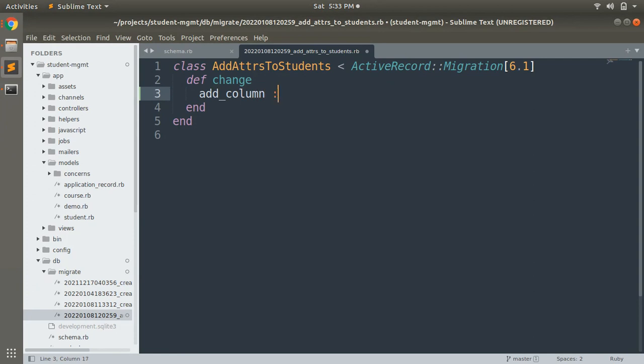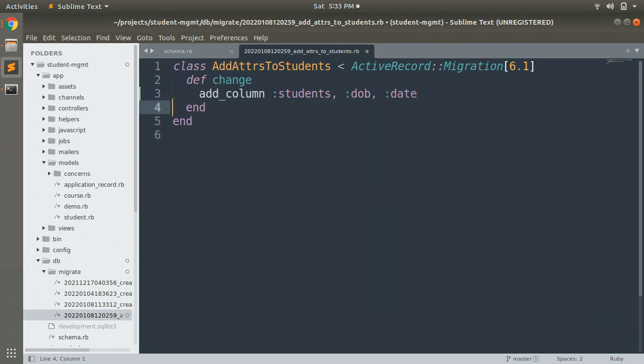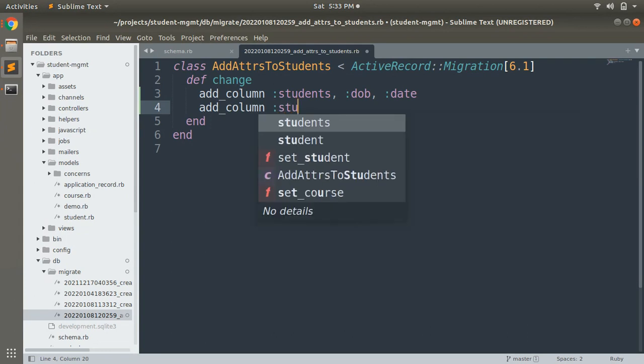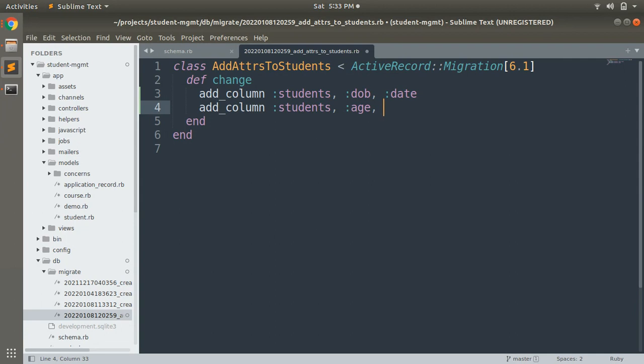Add column, and then first your table name, students, and then the column name. So first we will add dob, and this should be date. Now add column again, table name, age, and age must be integer.